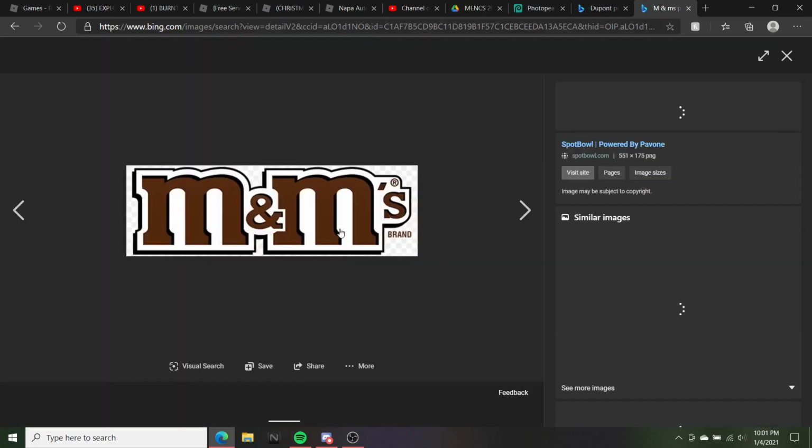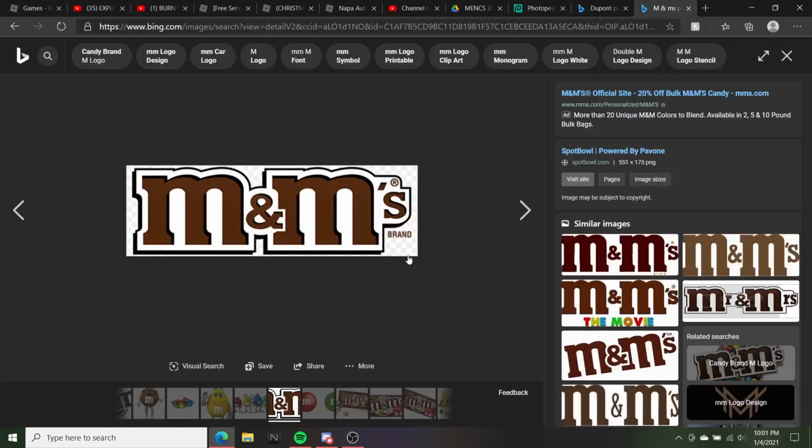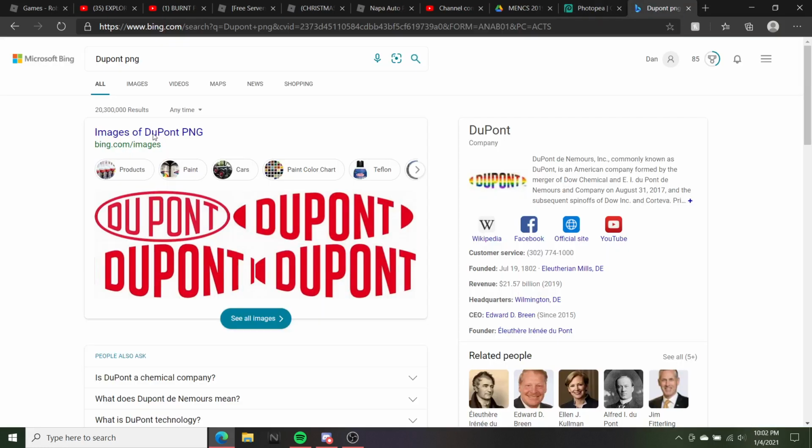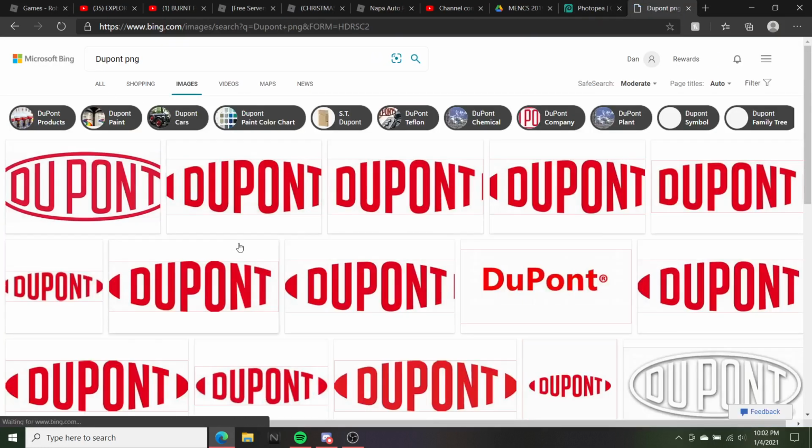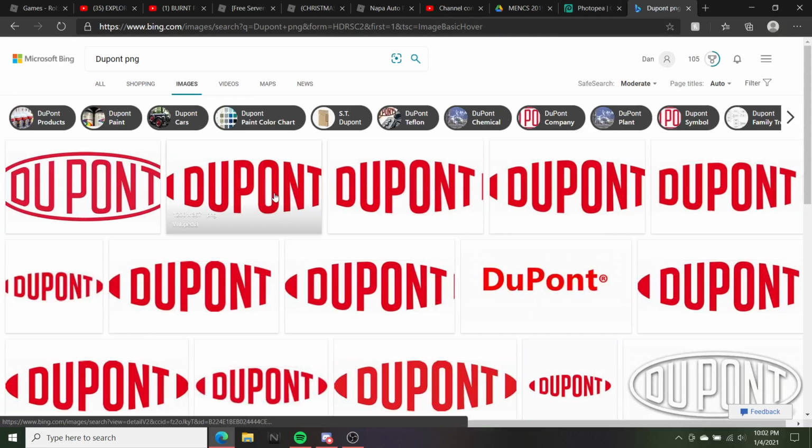So if you find a photo you like, this M&M's PNG, look in the background. If it has a gray and white checkered pattern, that means that is the type of file you want. And the reason for that is because,